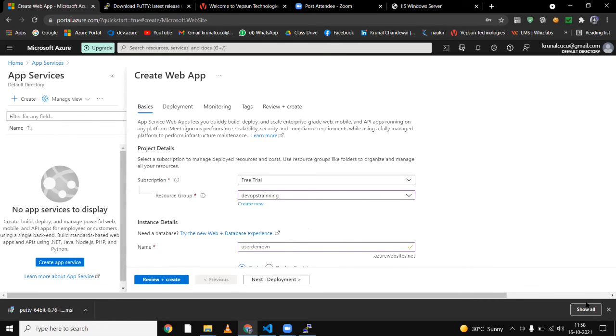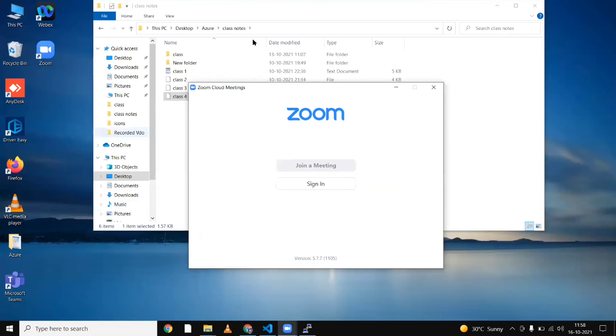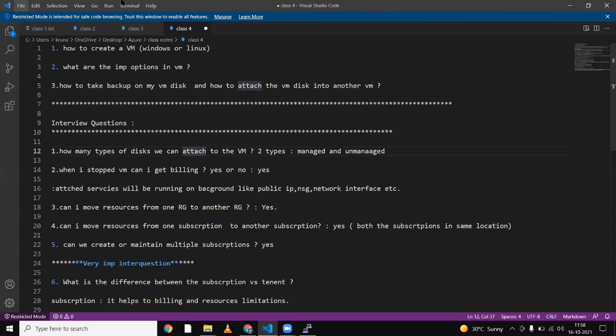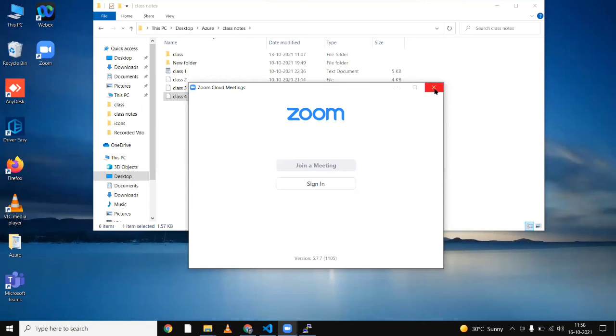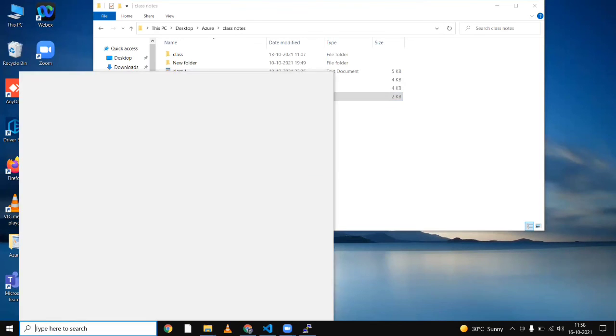And after doing this, everything here we have to install. These notes I made with Visual Studio Code. Similarly, we have to install another pack of Visual Studio. I will show you that.